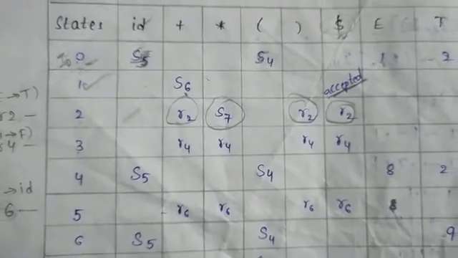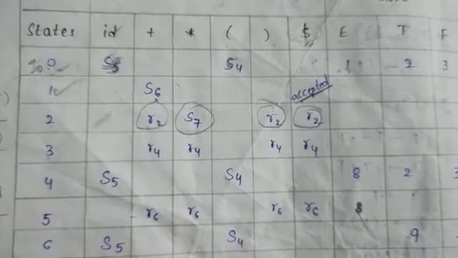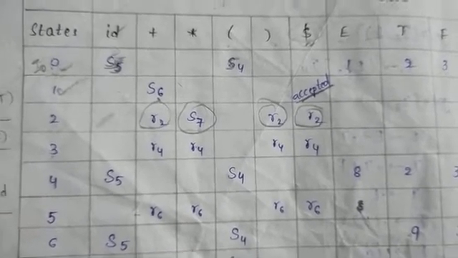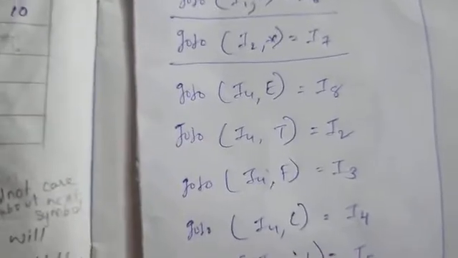In this line again, R2 is there, which is indicated as a reduction. All reductions can be explained last, so first leave that one. At the end I will explain why I am placing R1 here and what the meaning of R2 is. All reductions should be explained last. Then it will go to I4.